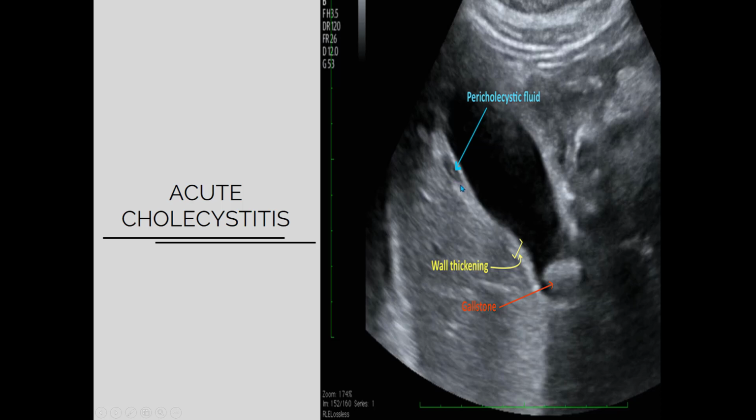Okay, if there is pericholecystic fluid and a stone is stuck at the neck, then you can just diagnose acute cholecystitis, because measurement is difficult in the film that we are providing you. Usually we are providing the ultrasound on the X-ray film, so naturally that is really difficult for you to measure. Okay, so these are the findings for acute cholecystitis, and if you are confused, no problem, just write down at least cholelithiasis, don't forget about that. Okay,